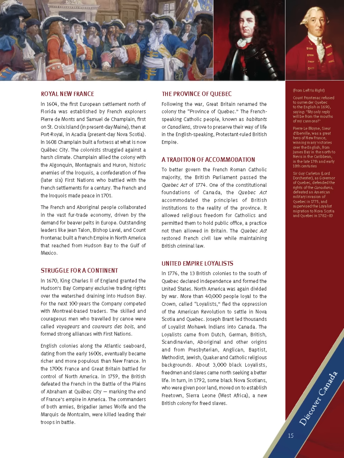Struggle for a continent. In 1670, King Charles II of England granted the Hudson's Bay Company exclusive trading rights over the watershed draining into Hudson Bay. For the next 100 years, the company competed with Montreal-based traders. The skilled and courageous men who traveled by canoe were called voyageurs and coureurs de bois and formed strong alliances with First Nations. English colonies along the Atlantic seaboard, dating from the early 1600s, eventually became richer and more populous